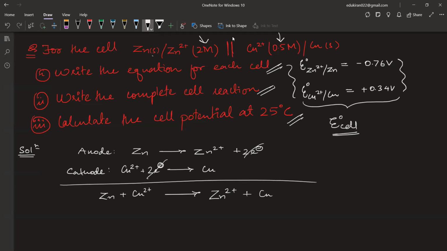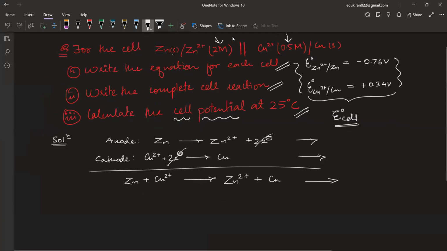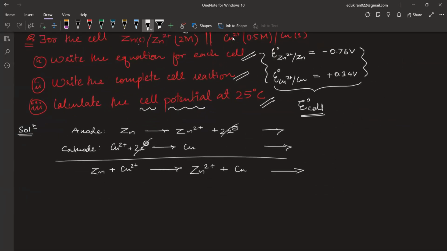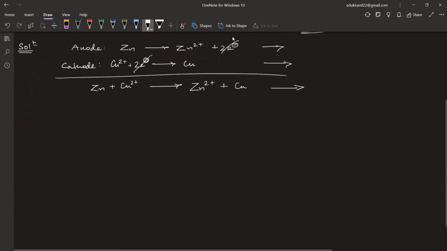Okay. So these are the half reactions for each cell. This is the complete cell reaction. Now we have to calculate the cell potential at 25 degrees Celsius. Whenever we have to calculate the cell potential at any temperature, what we need? We need the Nernst equation. So we'll write Nernst equation according to